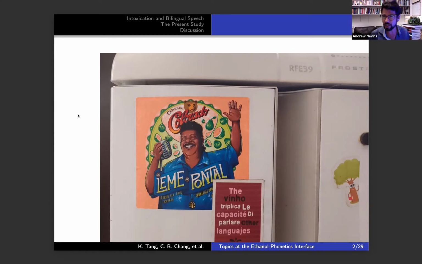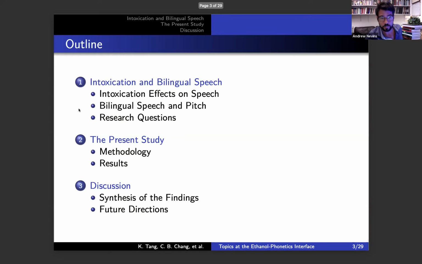So I have this on my fridge as a constant reminder of the commonplace perception that's out there, but one which, to be honest, hasn't received quite enough empirical testing. And that's what we're here to look at, but again, specifically with its interaction with a linguistically informed set of predictions. So the outline for today, we'll look at some of the intoxication effects on speech. We'll look at the questions of bilingualism and pitch. I think that this talk will be of interest to people who are in general interested in multilingualism, which is, of course, always a hot topic, but particularly in today's world, and the research questions, the methodology, results, and future